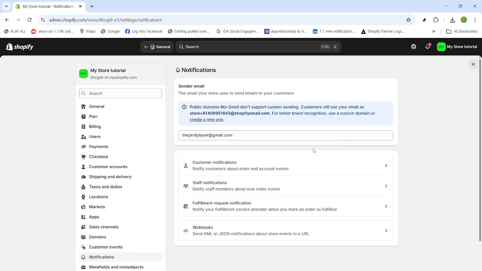Before you wrap up, return to the General or Store Details page if you want to double-check your store email one more time. It's helpful to keep store email and sender email aligned with your brand, even though they serve different purposes. That's it. You've reviewed your store email for contact and account use, and you've opened notifications to set and verify your sender email for customer-facing messages. With your sender email verified, your store's emails will look more professional and are